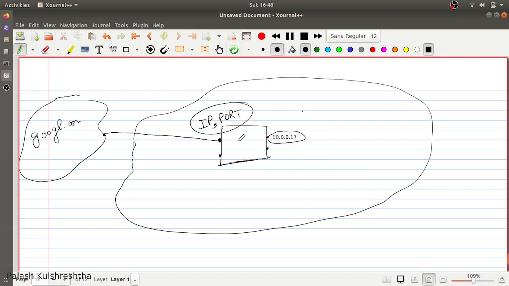And another IP address that you can get is your public IP address. Since I am connecting through an ISP, an internet service provider, the IP address that I will get will be the public IP address of my ISP. ISPs are not providing a public address to each and every user.